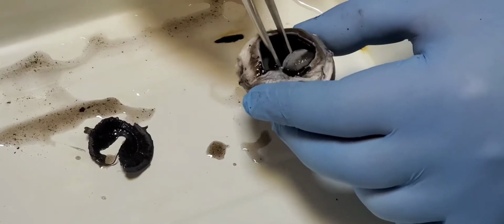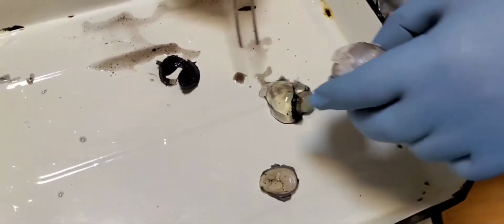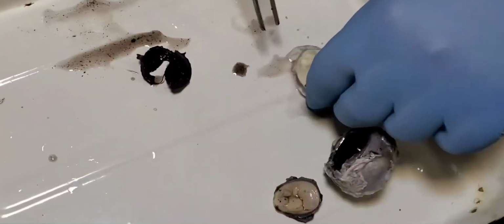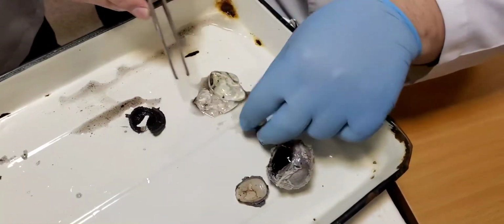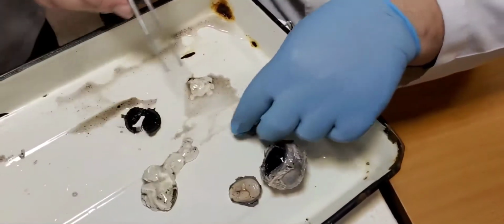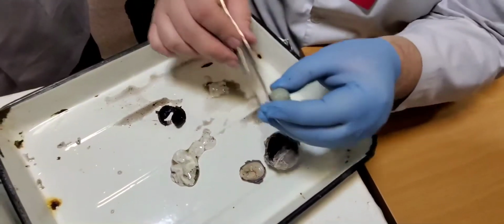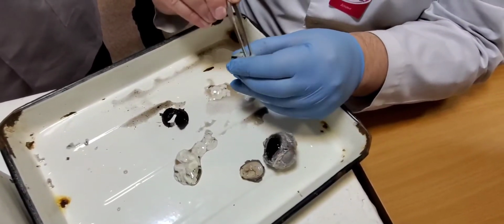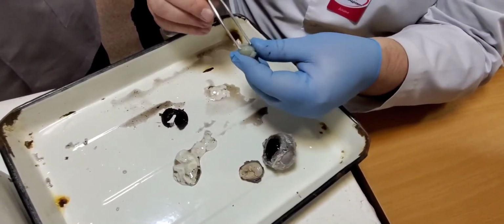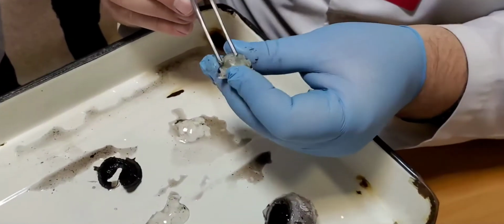You can see that the vitreous body looks like gel, yes? That is the vitreous body, and that is the lens. This lens is not transparent because this eyeball was in formalin for a long time. But if we remove some layers, it looks like an onion. You can see that inside it is transparent. It is transparent,